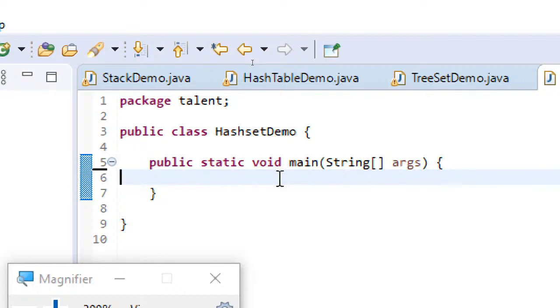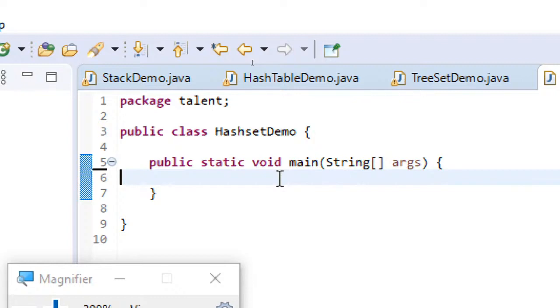No duplicates are allowed, and here the elements are not sorted and not ordered, and it uses hashing mechanism. The methods are non-synchronized.